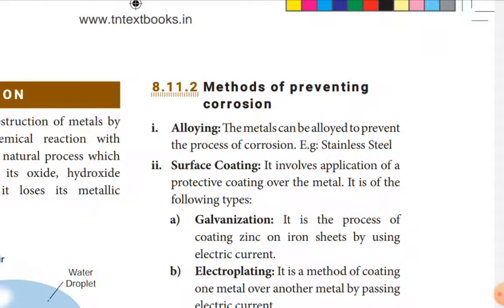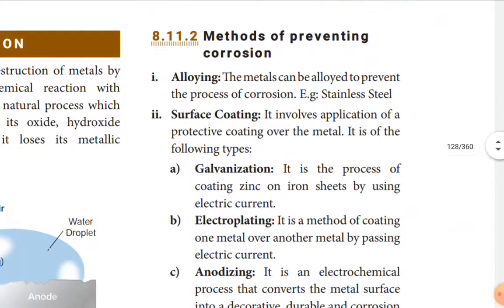Then next, surface coating. It involves the application of protective coating over the metal. So on the surface some other element is coated to protect the inner element. For example, galvanization. That is the process of coating zinc on iron. You have to underline: coating zinc on iron. So zinc is coated, zinc is pasted or painted on the iron rod,